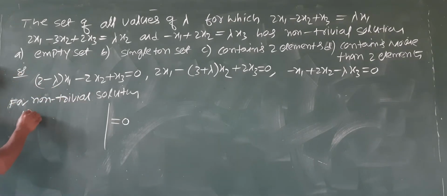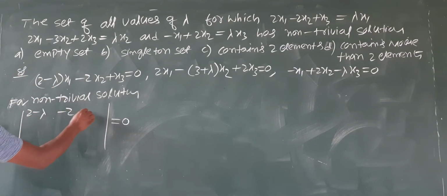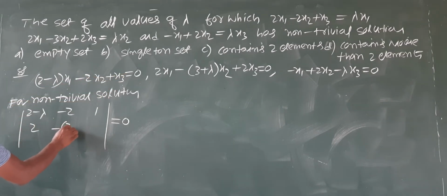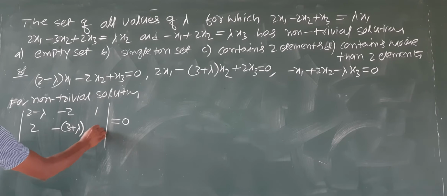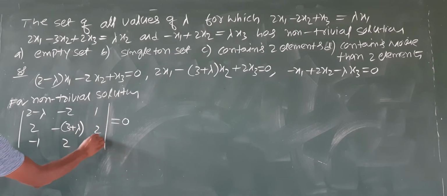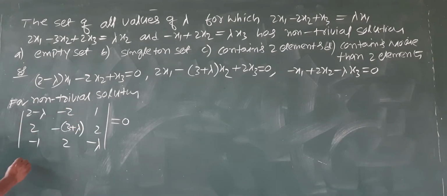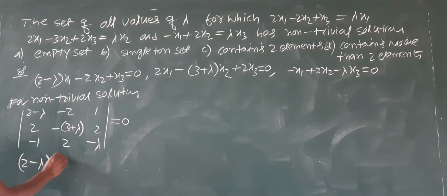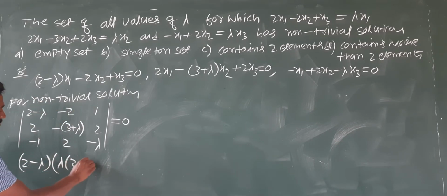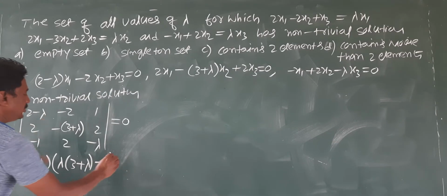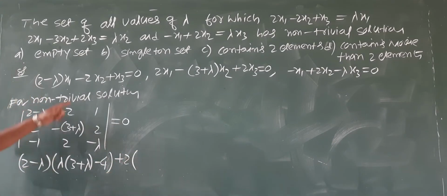Determinant. So tell me the components: 2 minus lambda, minus 2, 1; next 2, minus (3 plus lambda), 2; next minus 1, 2, minus lambda. Expand it, students. So (2 minus lambda) into (lambda into (3 plus lambda) minus 4), so minus of minus, plus 2 into,